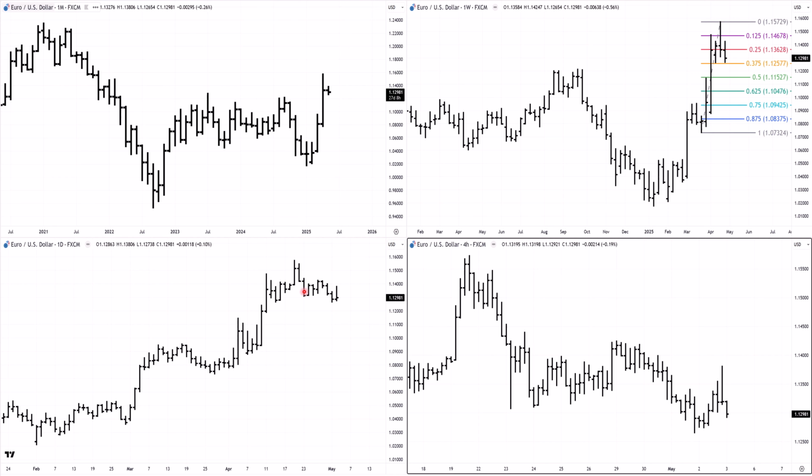Here, you've got a rundown on the daily chart. So this weekly swing that we've seen there, we've had a little rundown on the daily chart and a pullback. And then so far, that's a smaller swing down compared to that last swing down. That's a sign of weakness. And if we break that top there, well, that may be the end of that weekly pullback there.